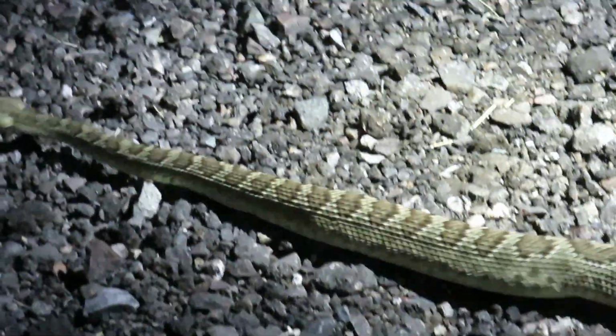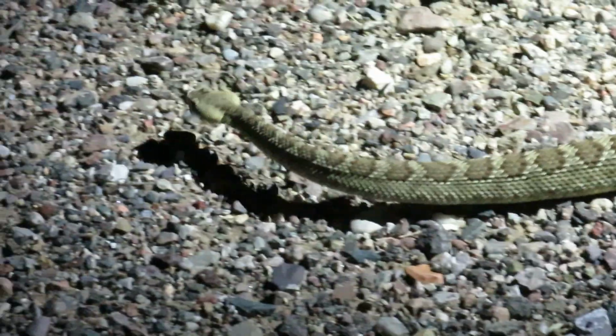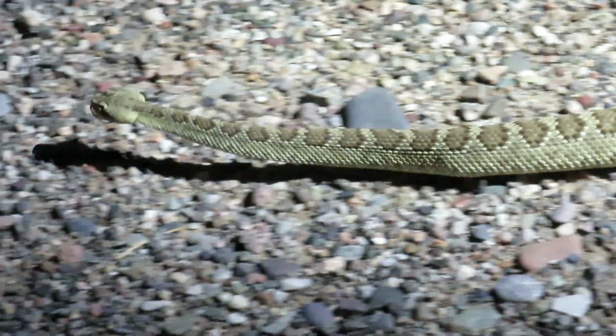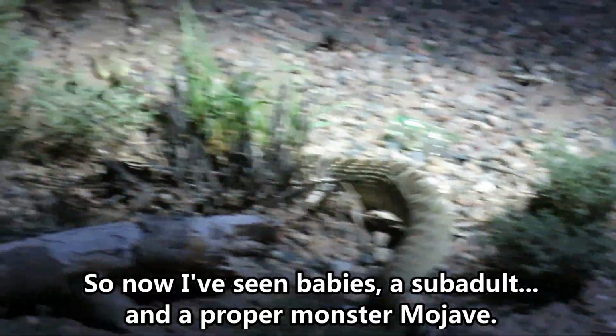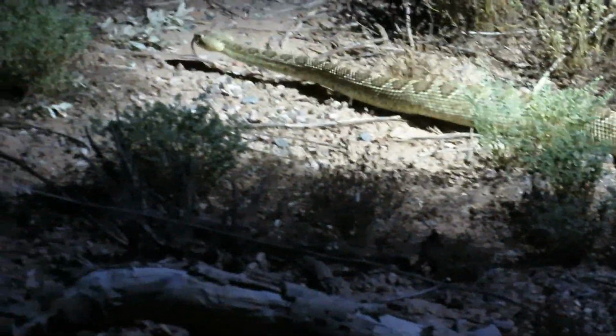This is a good, healthy snake too, so glad to see that he's moving his way off the road on his own already. And you'll notice, not rattling at all, even though he has enough to make a little noise with. He's definitely arching up though, saying, "Don't touch me." But we'll let him go on his way. Adult Mojave rattlesnake, moving off into the brush here. Not rattling at all, just kind of wants to get away. So we want to make sure that he goes